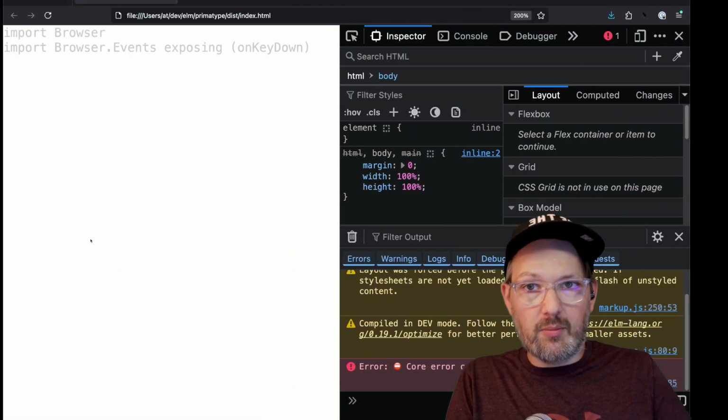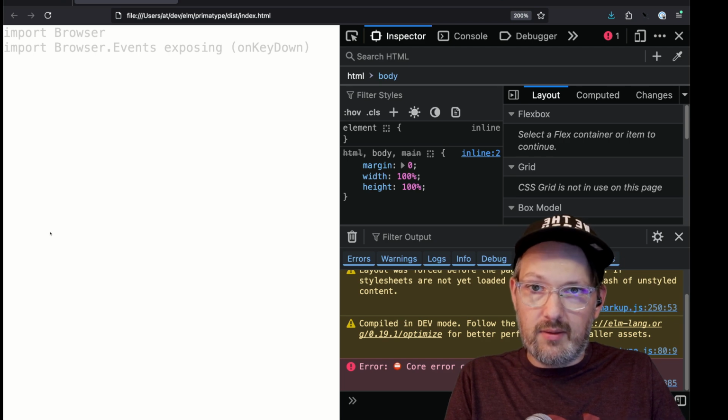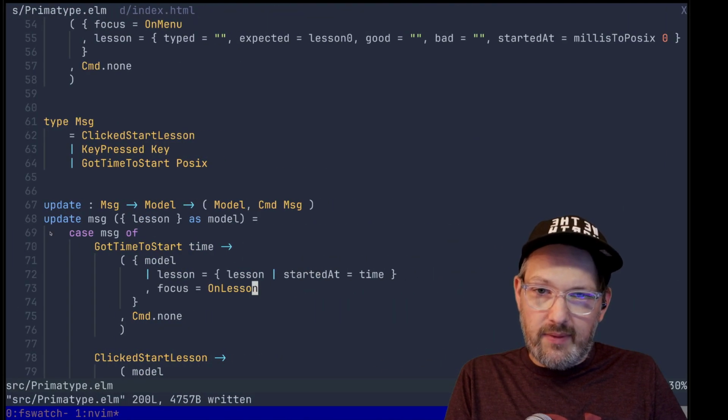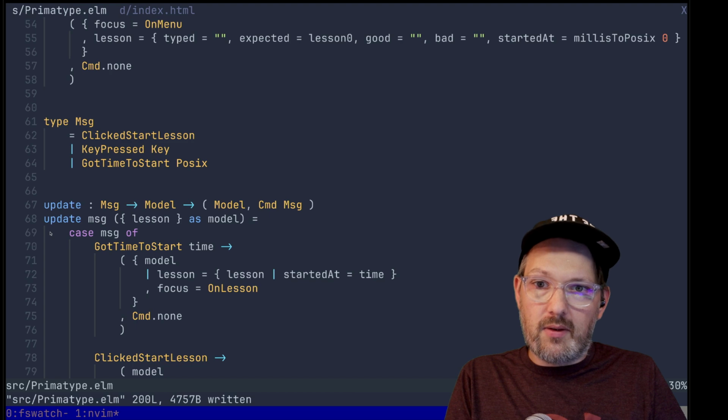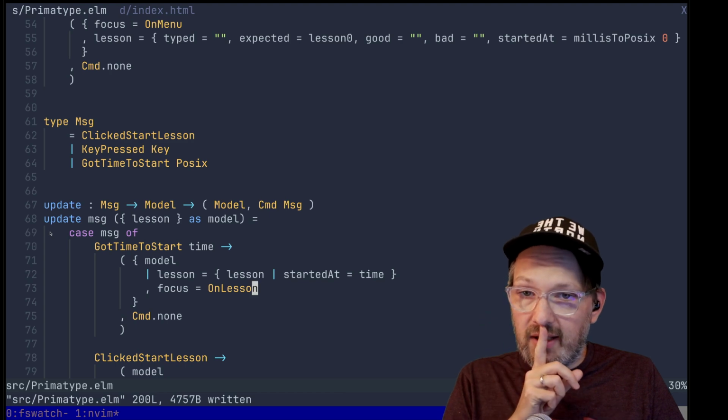All right, so this compiles again. It should feel exactly the same. Good stuff. We have the start time. So now we can actually